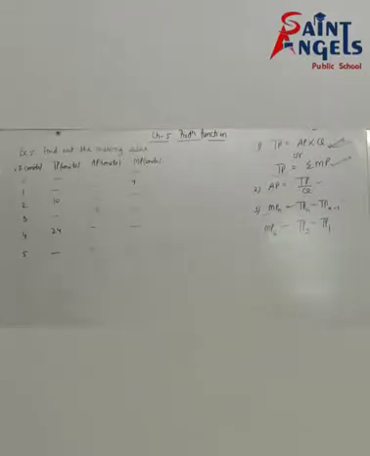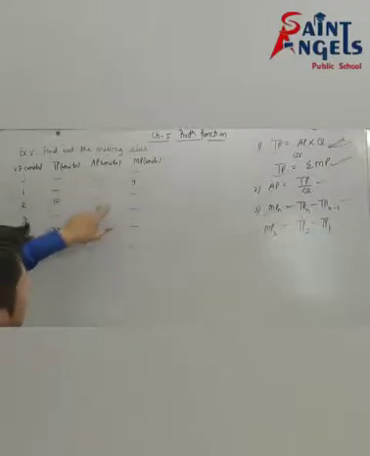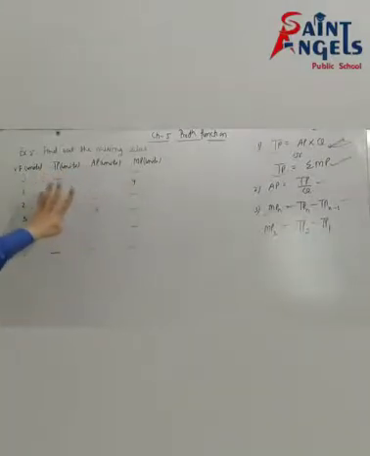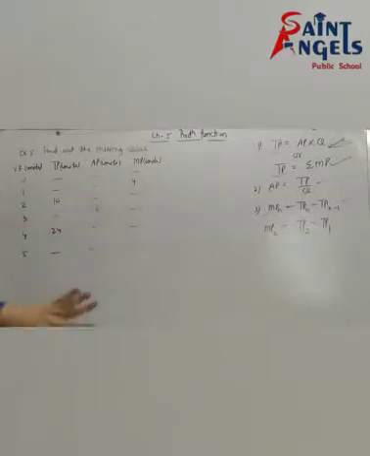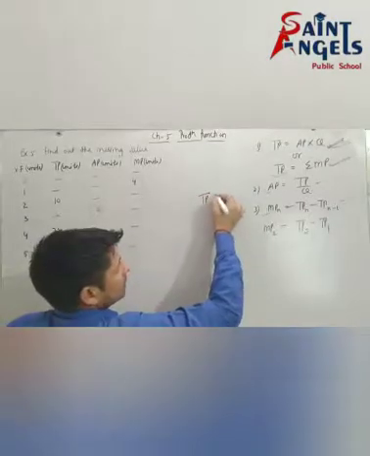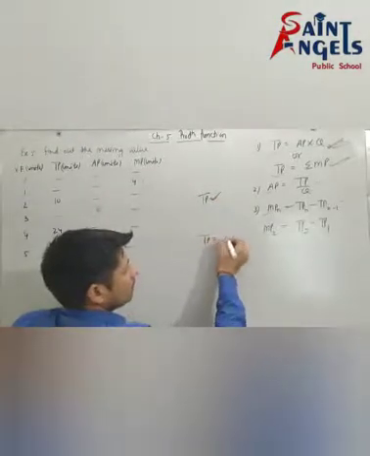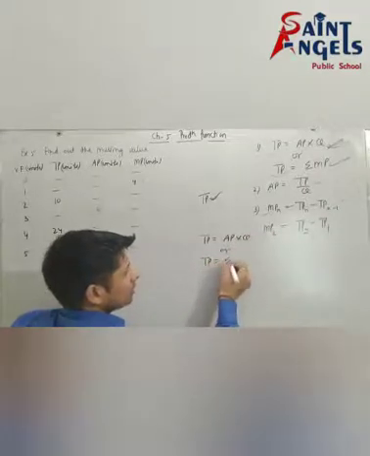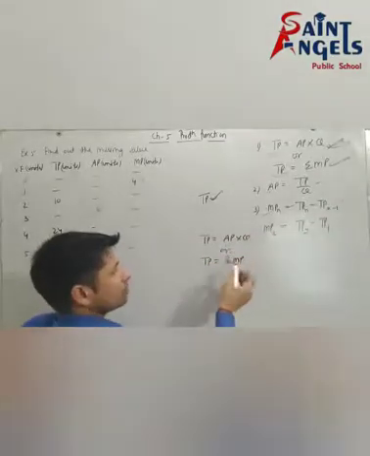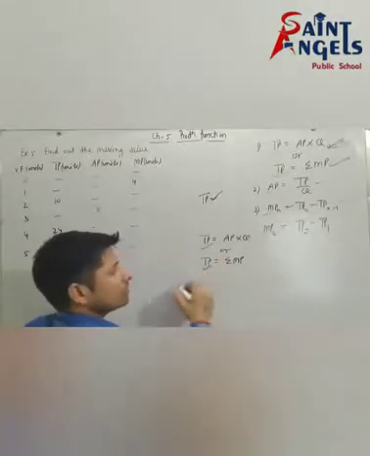See next question. Again, find out the missing value, where value of variable factors are given, value of TP is given, value of AP is given. In this question we will find missing value. Now all of you know that first of all we will find TP for this type of question. What is the formula of TP? AP into Q, or TP is equal to sigma MP. Suppose value of AP is given, then you will use this formula, and value of MP is given, then you will use this formula.